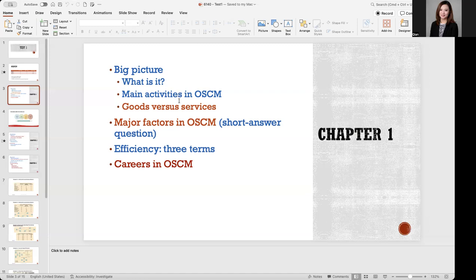And the last thing you need to review for the first part of chapter 1 is to distinguish goods and services. The first slide you need to go over is the chart I gave you, with all the 5 aspects to help you distinguish what goods are and what services are. For example, the degree of tangibility? The service is intangible while the goods are tangible, which you can use, you can smell,